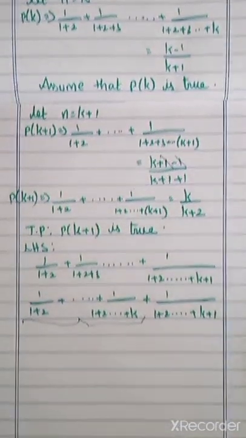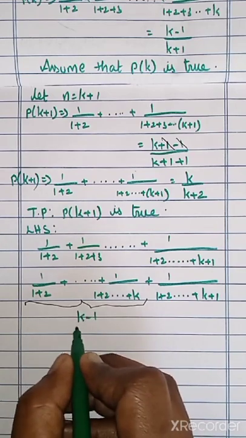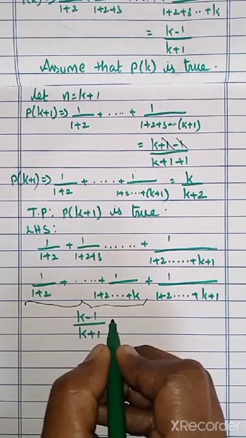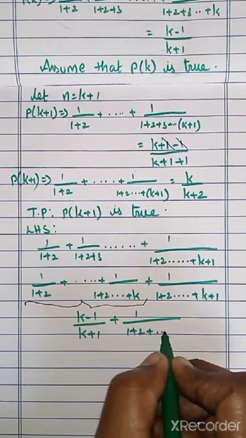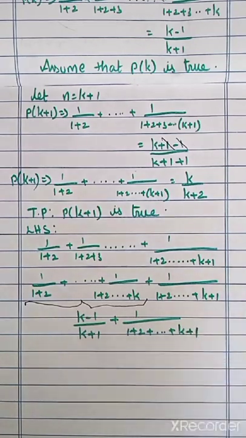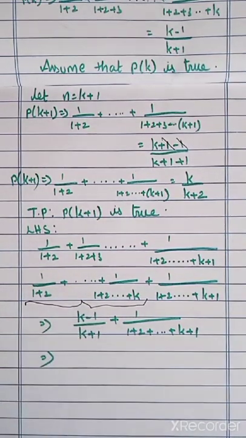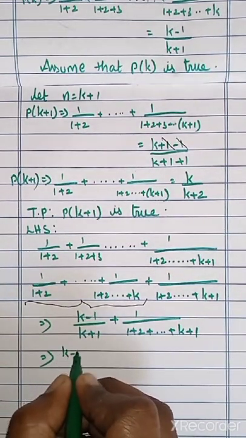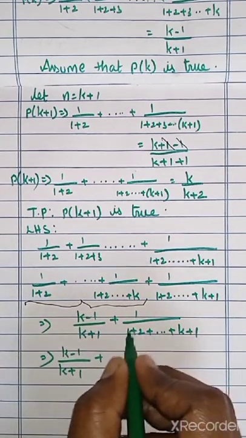So here also we are going to do the same thing. Instead of this whole term, what we have to take? K minus 1 by k plus 1, and the last term is what? 1 plus 2 plus 3 etc. up to k plus 1. Okay, now again, this implies k minus 1 by k plus 1 plus, now look at this one,